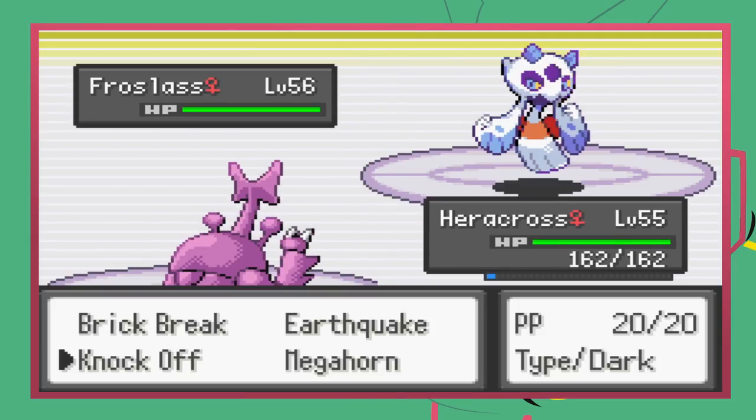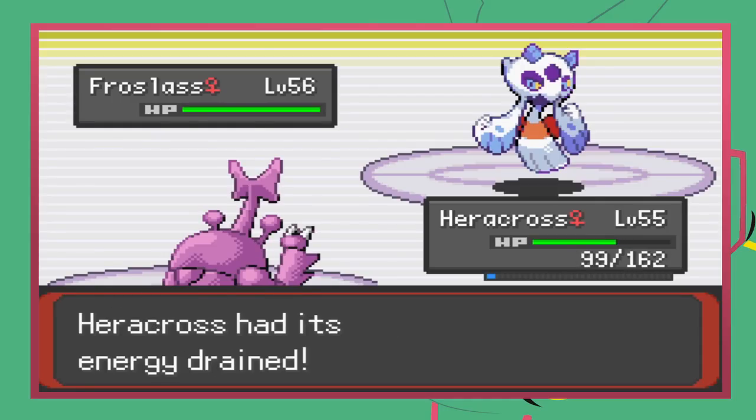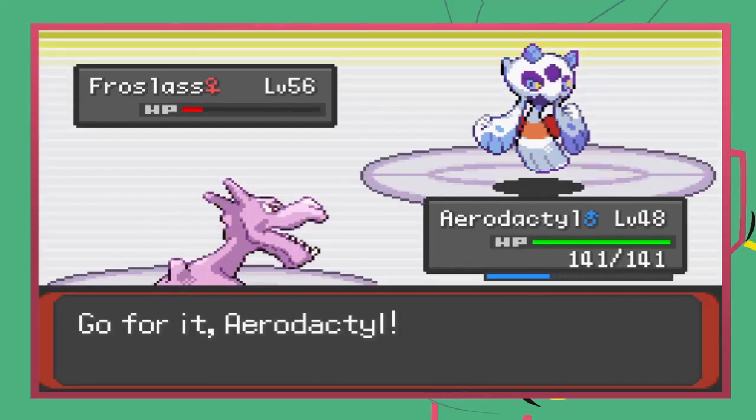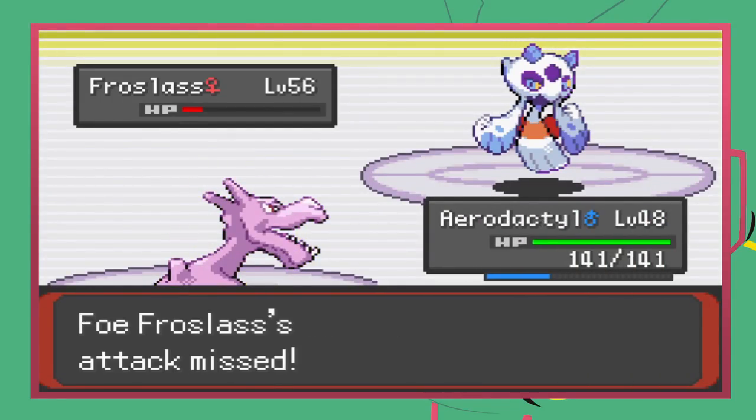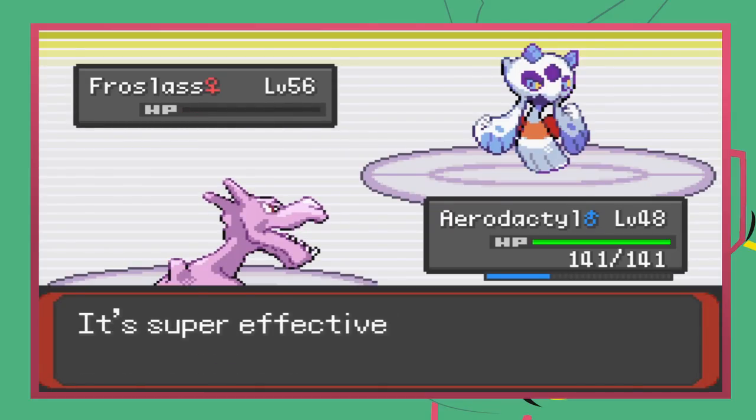Glalie faints to 1 Brick Break from Heracross, and next up is Froslass. Draining Kiss does about 40% as we bring it down to the red with a Knock Off, and I switch into Aerodactyl, but we get insanely lucky as he misses not 1 but 2 Blizzards. We can finish it off with an Iron Head from there, and Walrein is next, so I go for Rock